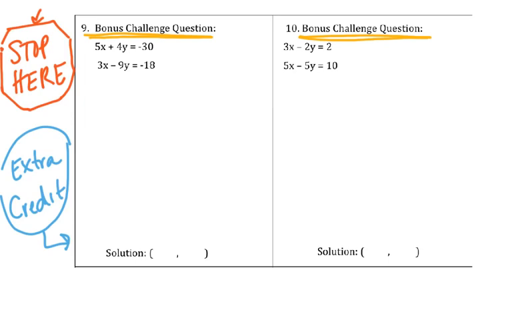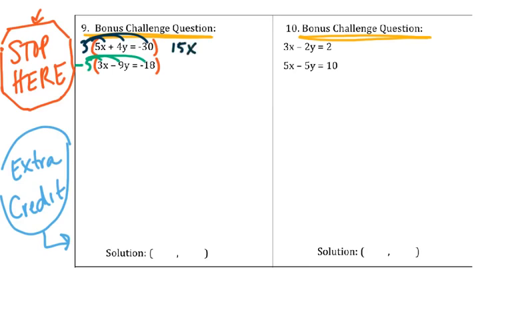So in number 9, what happens is 3 and 5, those don't cancel. 5 and 3, that doesn't make 0. 4 and negative 9, those don't cancel. That does not make 0. So what we're going to do is change them both so that they will cancel. If I take this top equation and multiply them all times 3, and I take this bottom equation and I multiply them all times negative 5, that would make my x's cancel because 3 times 5